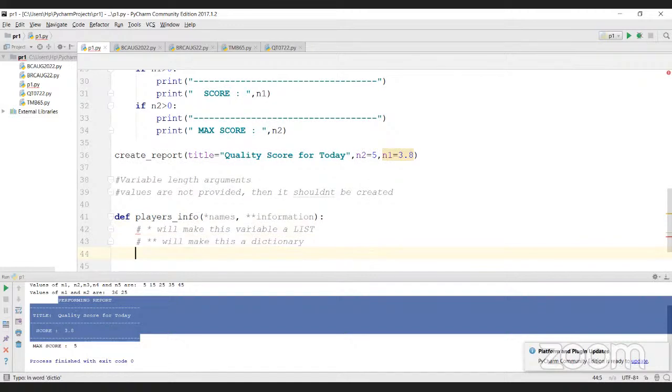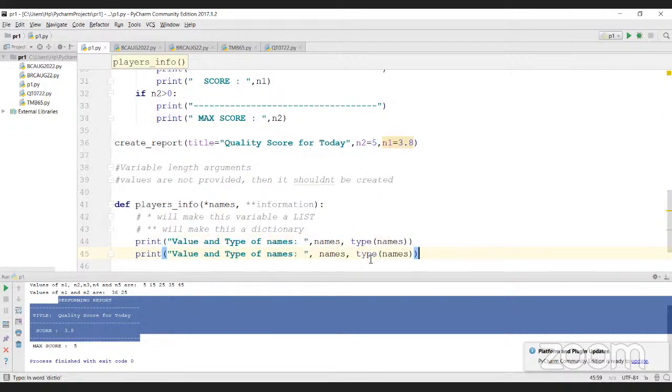Dictionary. Okay, so how it works is I can do the print, say value and type of names, say names, comma, type of names, right? Similarly, I can do value and type of information. So see here, in this case,